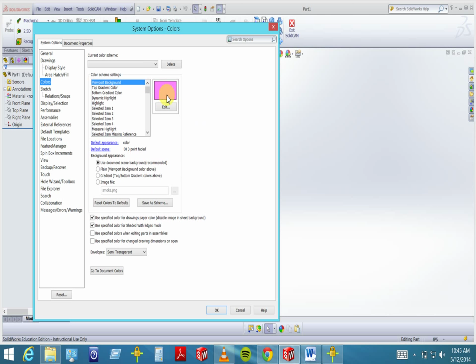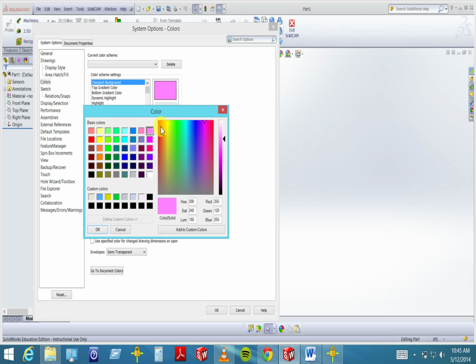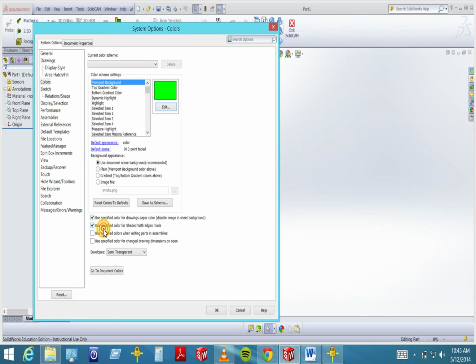You can have display style. You can have colors of the background. Let's do that for fun. Let's pick something really ganky. Let's do this thing here. Look at how ugly this is. Okay, so I'm going to pick that. And then I'm going to say plain, use background appearance. Use the viewport background color above. That's this one. Okay. And then there's all kinds of other stuff,